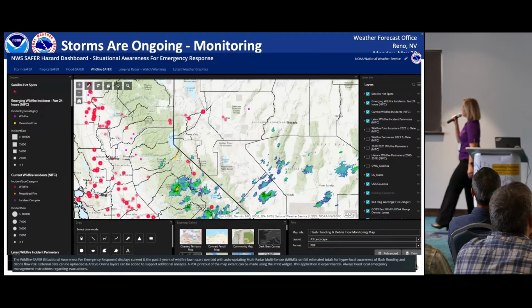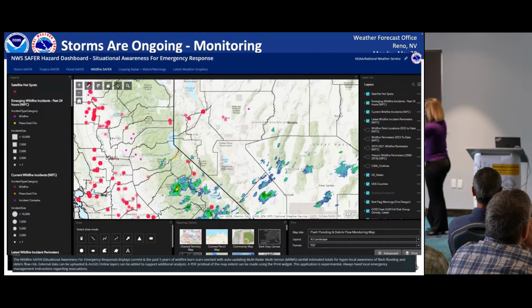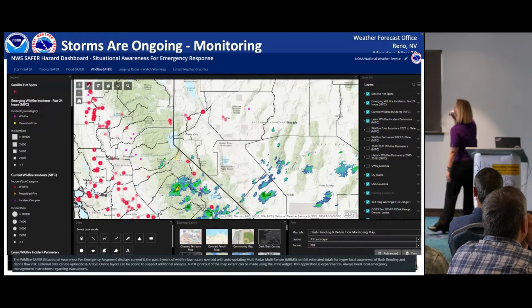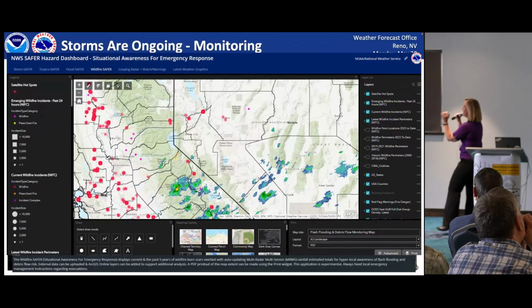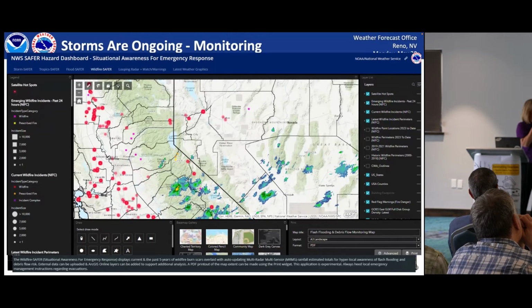So this is a dashboard that is done through a GIS interface. It's called the SAFER, which for the life of me, I forget what that actually stands for because too many acronyms, but that's all right. Oh, situational awareness for emergency response is right on top of there. But basically you're overlaying your burn scars, your hotspots, your radar. You can see precipitation rates. You can put all sorts of information right on top of there to keep an eye on what is going